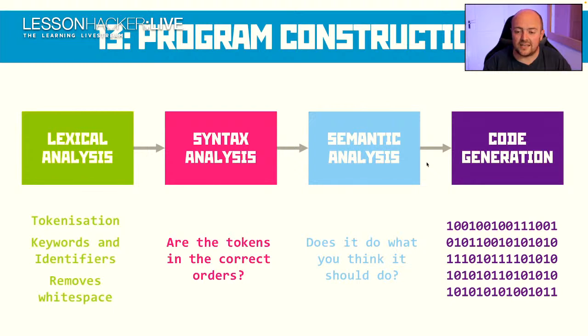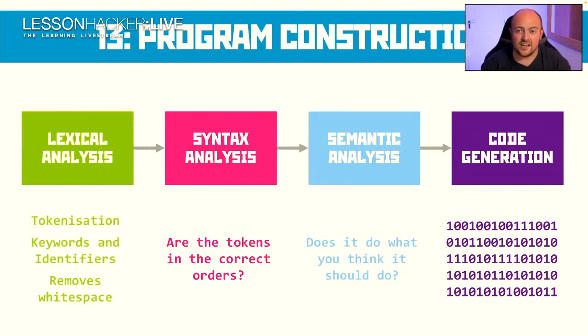Compilation takes this process. I'm not 100% sure this will be in the exam, but it is part of compilation, so I thought I'd bring it up. We take our code and we do lexical analysis, which is where we take all the words and we separate them into what we call tokens. So basically, each word is a separate thing. We then look at our keywords like for and if and stuff like that and mark those up. And we get our identifiers, our variable names, and we store those. We also get rid of the white space, the tabs, the spaces, all that sort of stuff. So we're left with a bunch of tokens, list of keywords, list of identifiers,